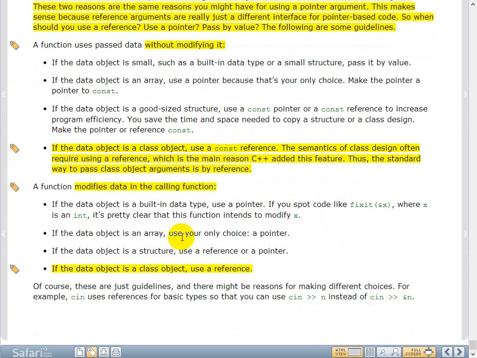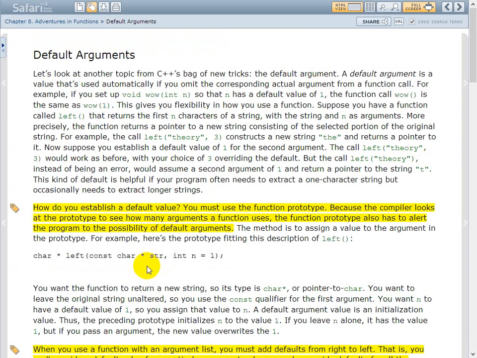And now if it is, once again, so I hope you get the idea here. Default arguments, you can do something like this here. If you have a big function,